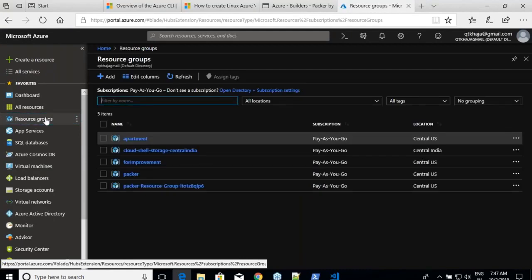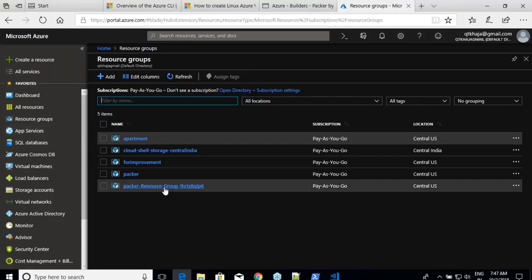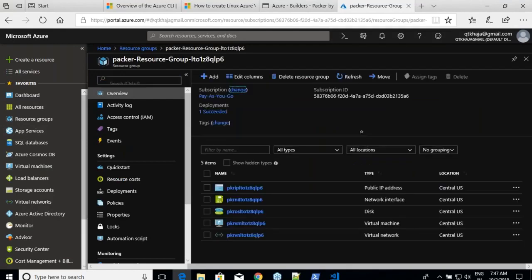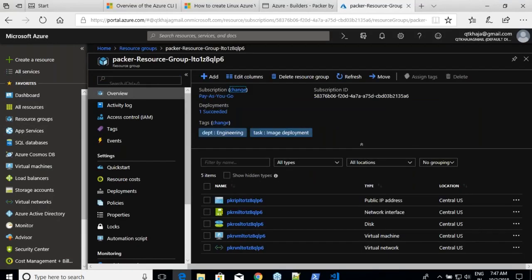We have a Packer resource group, but we are seeing some resource group which you have not created: Packer hyphen resource group and some code. This is something which Packer is creating. Now if you get inside that, this is where your virtual machine is being created. It is trying to create all the things which are required for your virtual machine.